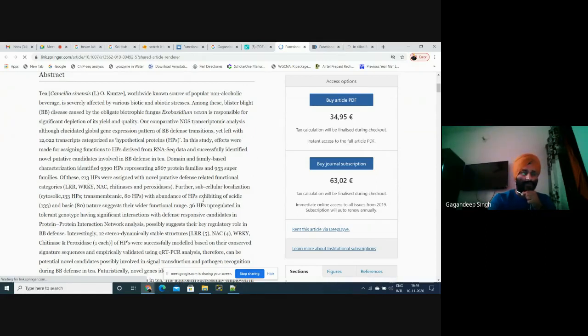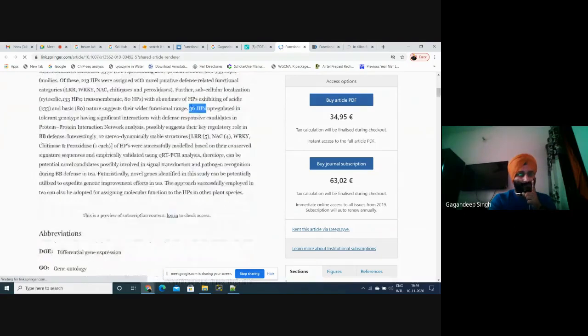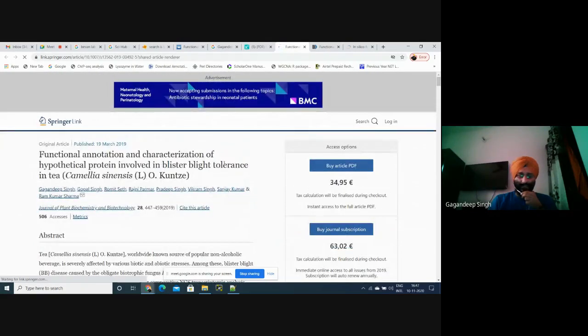और out of these proteins 36 hypothetical proteins were upregulated. Okay, finally इन proteins को हमने wet lab से भी validate किया by using qRT-PCR analysis, और हमने बोला कि ये these are the particular proteins you can target for drug designing in order to enhance the quality and quantity of the tea plant. Okay, और टी प्लांट की क्वांटिटी और क्वालिटी होगी तो our economy related to tea will definitely be affected by it.